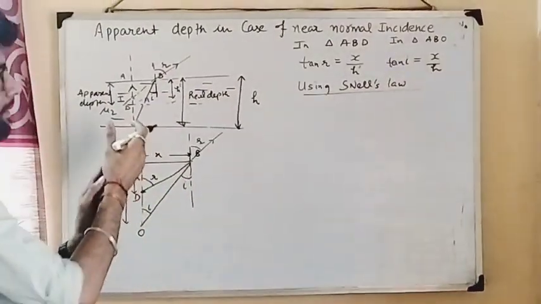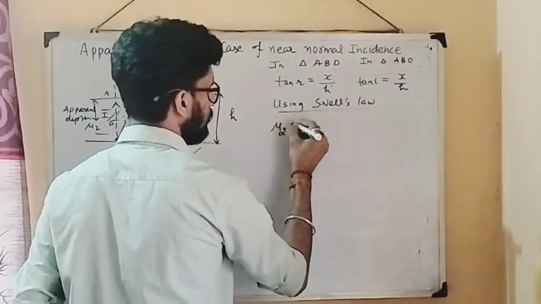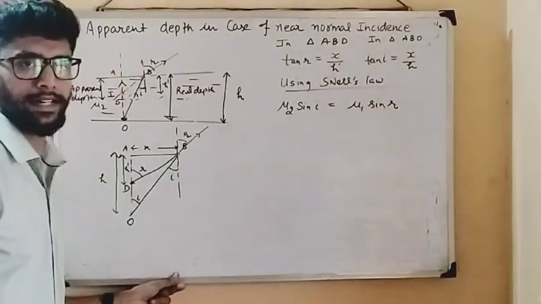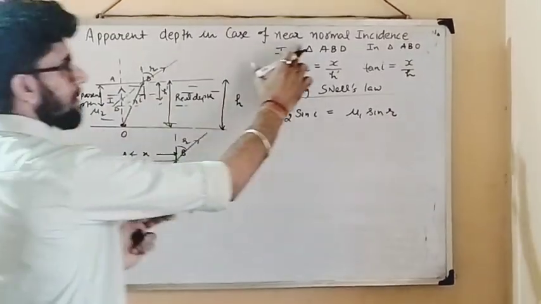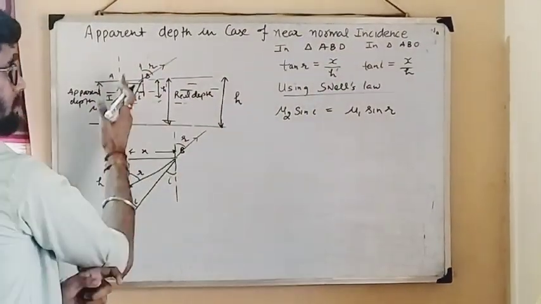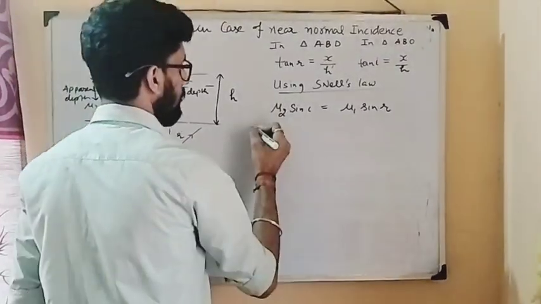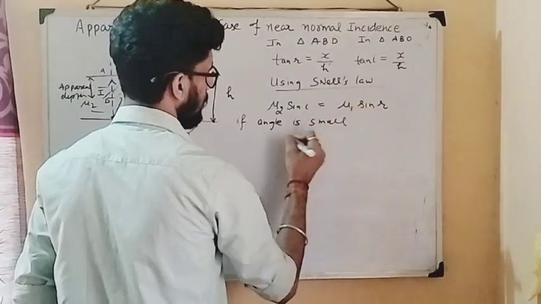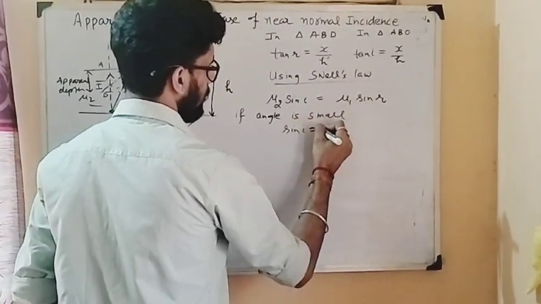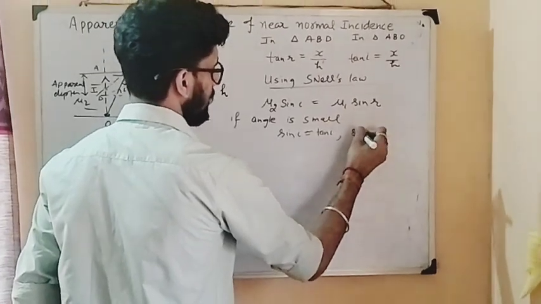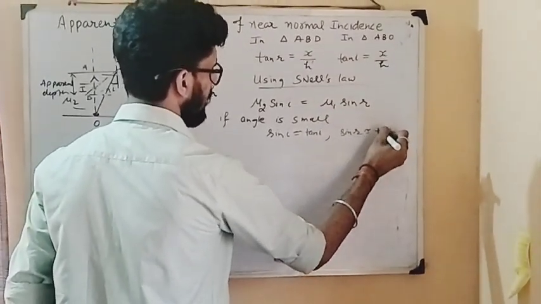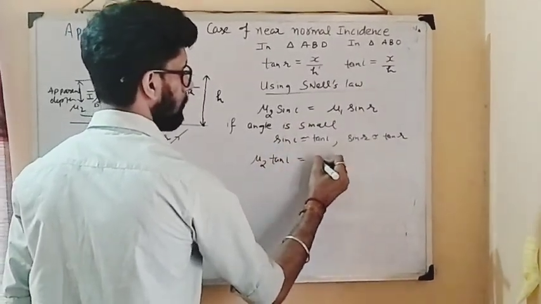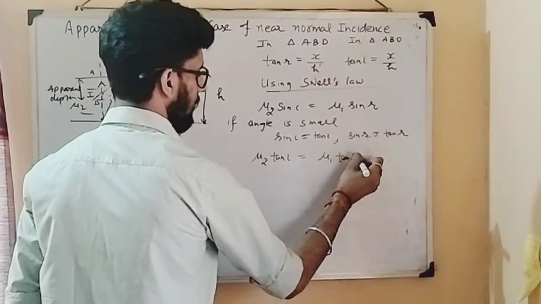if we try to write down Snell's law over here, what are we going to write? mu2 sin i is equal to mu1 sin r, right? For these rays near normal incidence, that means the angle is too small. So if the angle is small, sin i can be equivalent to tan i, and sin r equivalent to tan r. Therefore, it can be written as mu2 tan i equal to mu1 tan r,